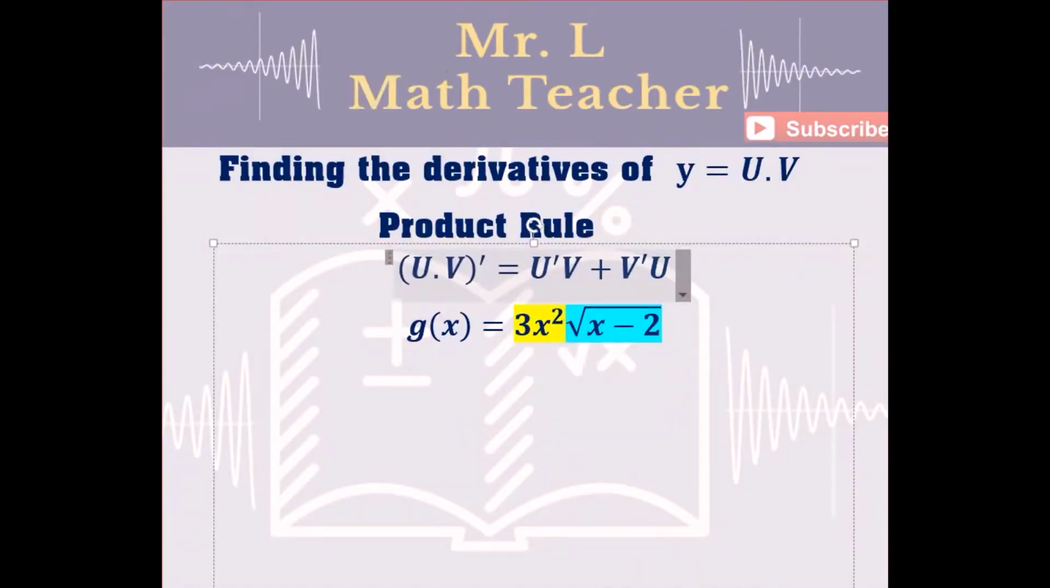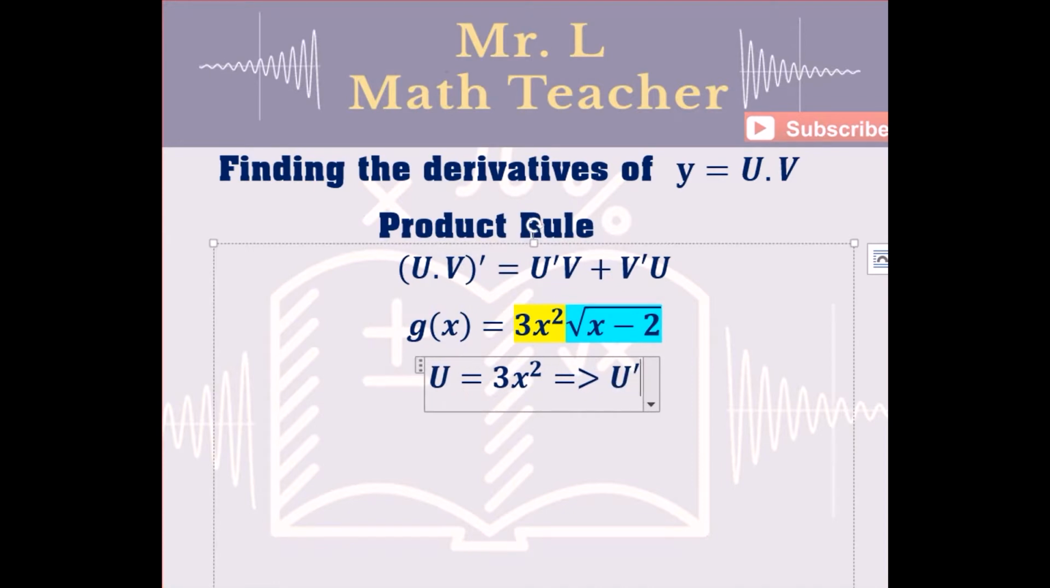Same thing here, guys. It's clear that g of x is given as 3x squared radical x minus 2. I can see it as a product of two functions. The first function is 3x squared and the second function is radical x minus 2. So which means that here u is simply equal to 3x squared, and it follows that u prime is equal